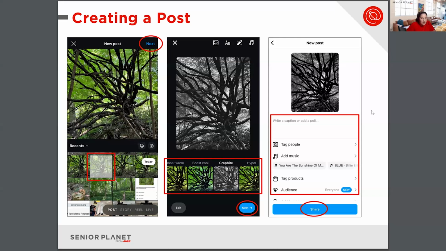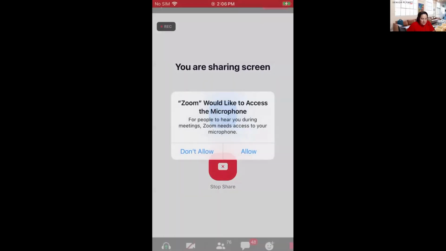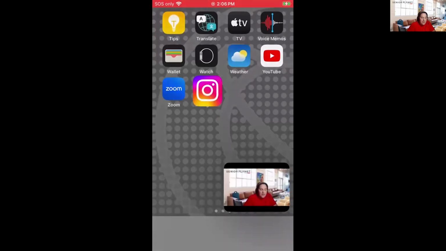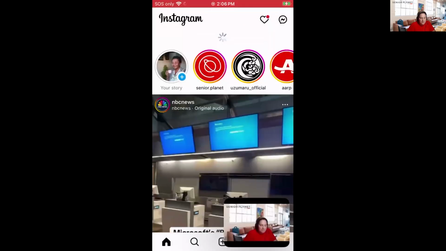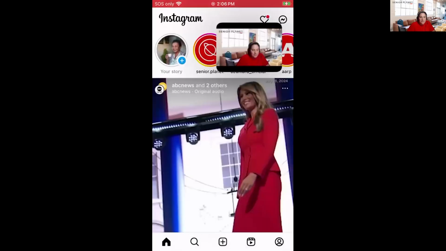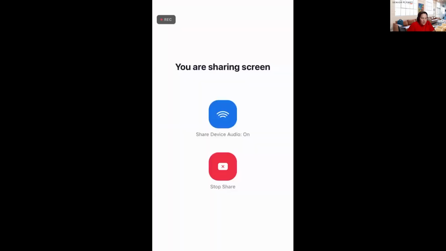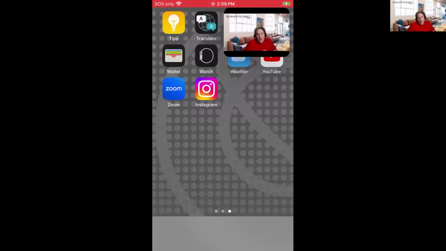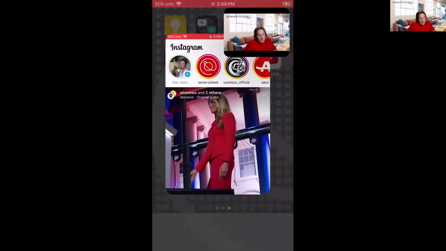Now, the first thing that you're going to see me do is access the Instagram app. The Instagram app here will be wherever it is on your home screen. So once we open that up,